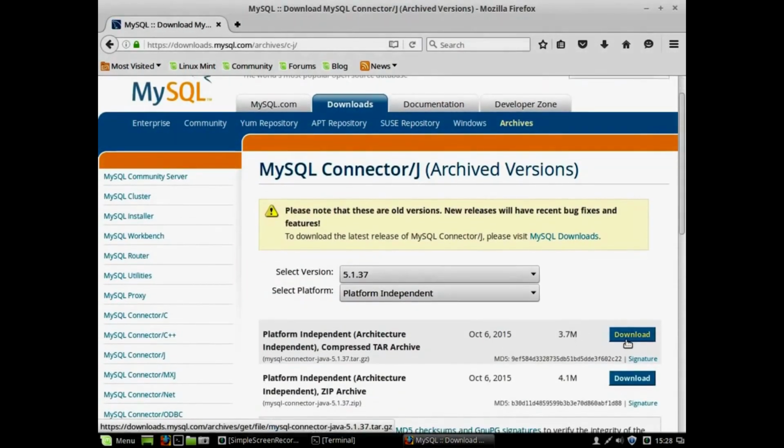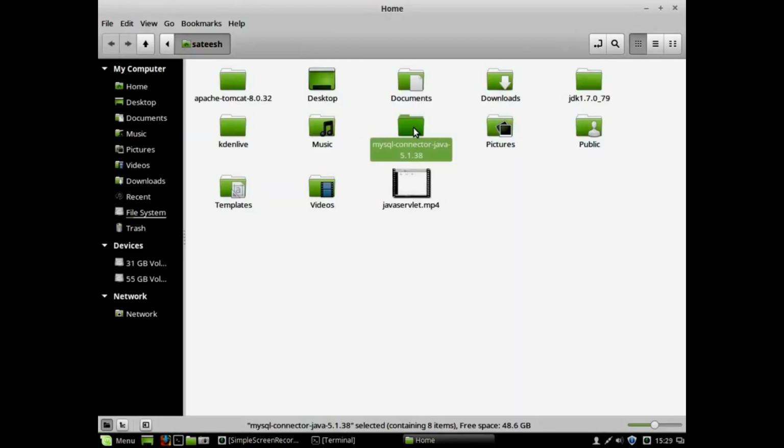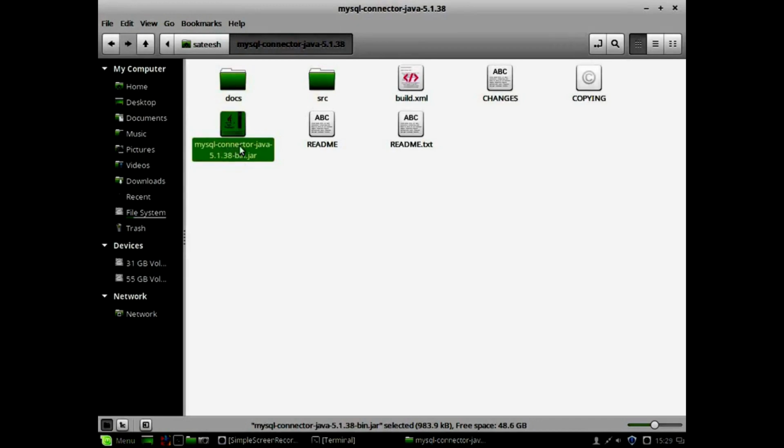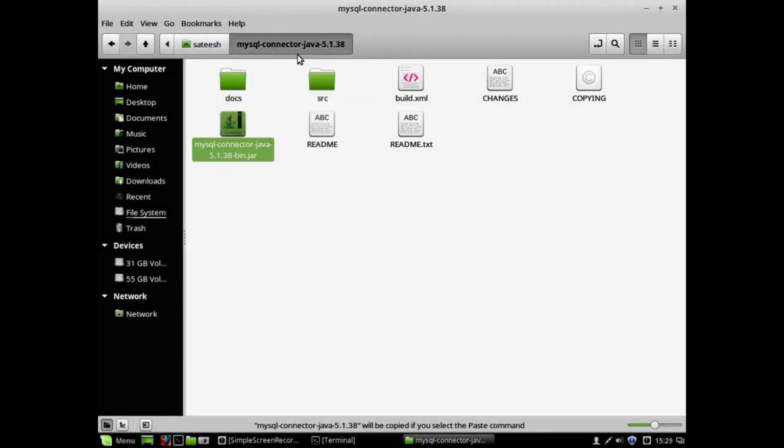You can go to any link and download that jar file. It's platform independent, so you can download any file. Once downloaded, if you open this folder, you'll get an archive. When you extract the files, you'll get these things. Inside you can see this jar file, MySQL-connector-java. This is version 5.1, the supported version. It can be any version's jar file, it doesn't matter. We need to set the class path to this particular file.